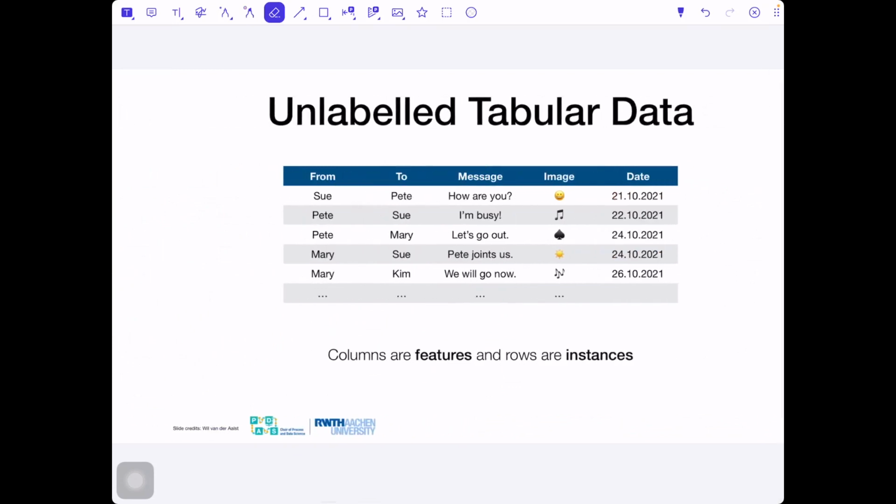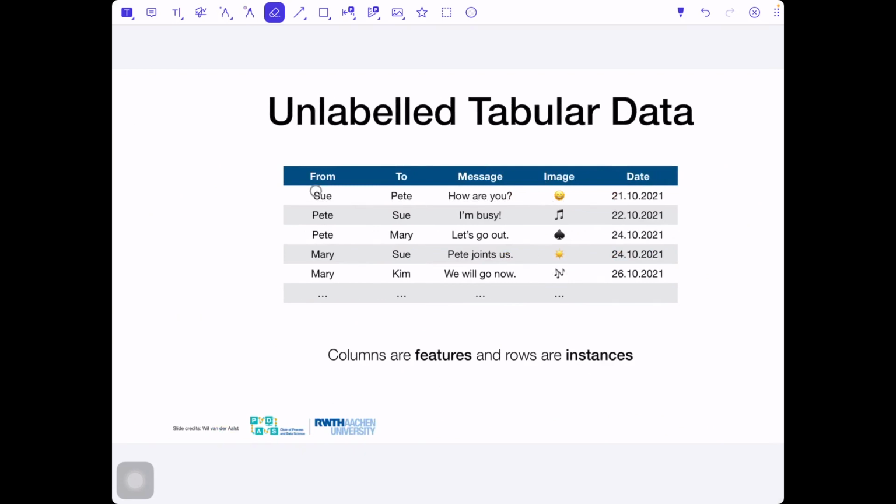Here is another example where we also use a little bit of unstructured data, with images. For example, here also some smiley, which every person puts in. You see the persons sending messages to each other, then the text of the messages and the images added.